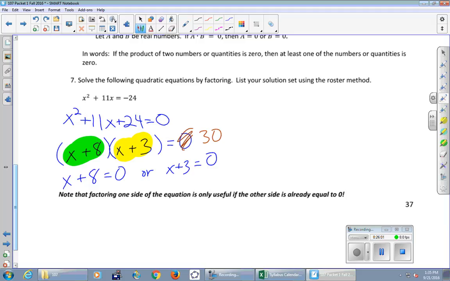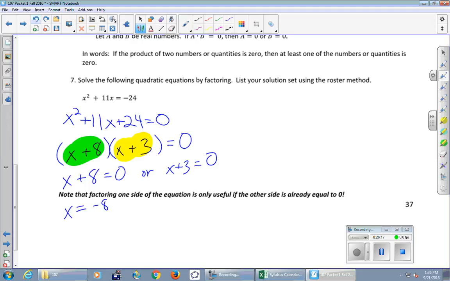There's nothing special about 30. There's nothing special about any of the numbers except for the one that we are after, which is that 0. It's the only one that we get more information about. When you multiply two things and get 0, we know for sure that one of them is 0. Okay, and then these equations are straightforward to solve.